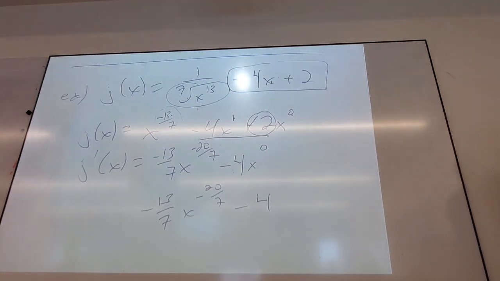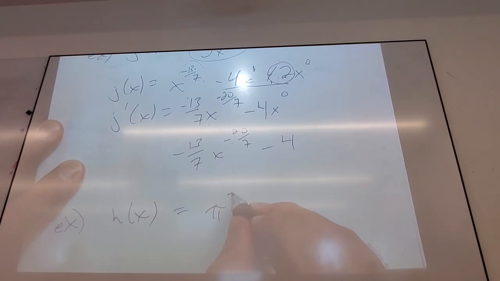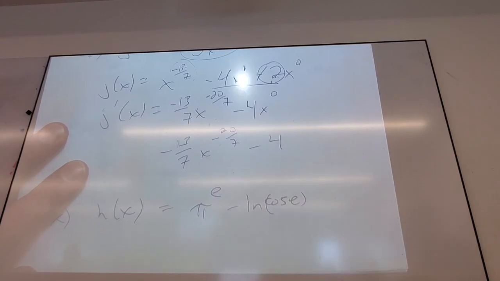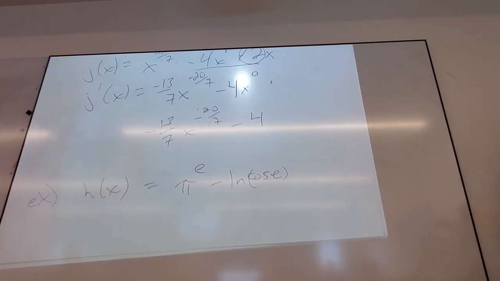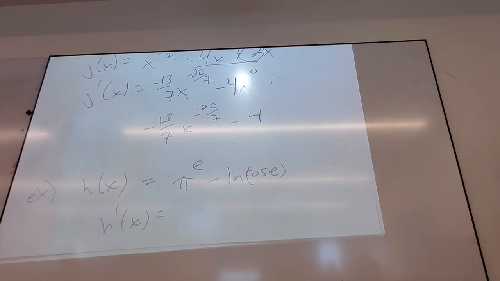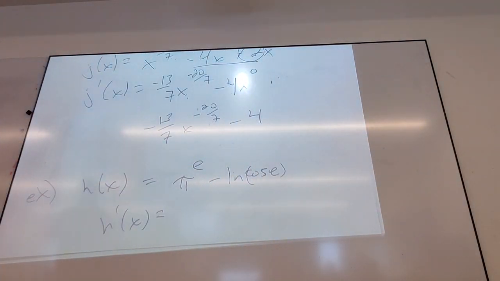Okay, I like it. So real quick, I'll do this sometimes. What if my function was this? What's h prime? All right, you're taking too long. Stop. It stays the same. The derivative is zero, because pi to the e is a constant, natural log of